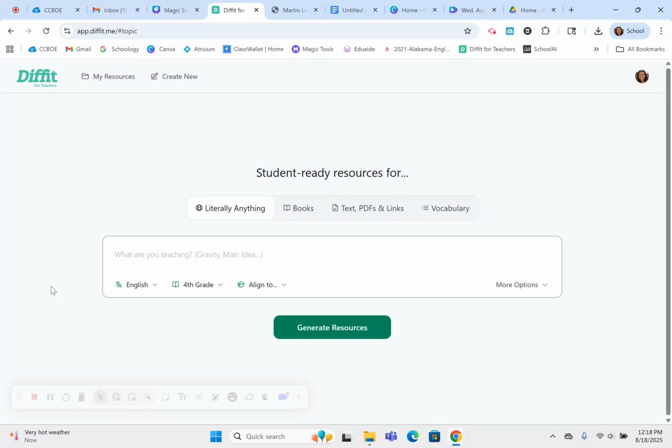So once you access Diffit's website, which you can do by typing in diffit.me, you can sign in using your Gmail account. Once you do that, it will bring you to this homepage. Once you've gotten to the home page, you have different options of how you want to generate resources. So we'll start with the one that says literally anything. This is where you can just type in a topic that you are going to be teaching. So if I am going to be teaching about